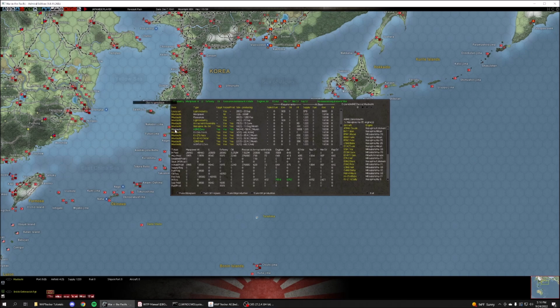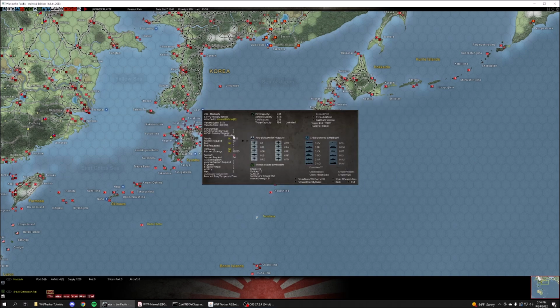So we're going to click on the base. We'll click here, and we're going to go here and manually increase the supply that base is going to get. So every time you click this up, the base will attempt to store times 3 of this. So if I want 10,000 supply at this base, I would set this to at least 4,000. So the base will now attempt to stockpile 12,000 supply per day, and it will grab it